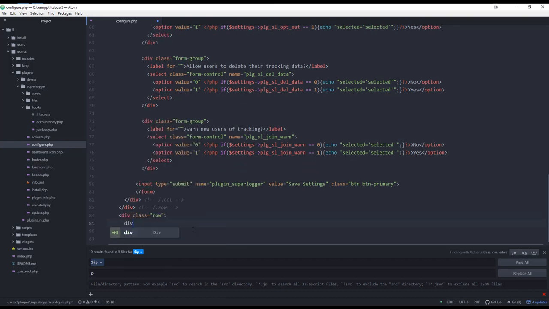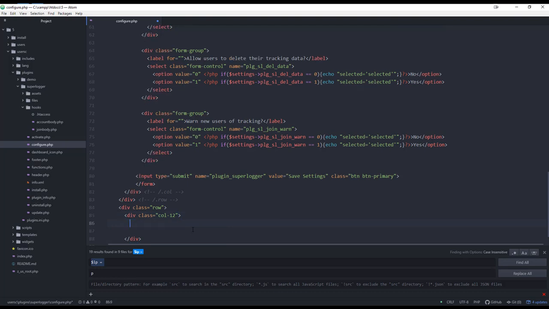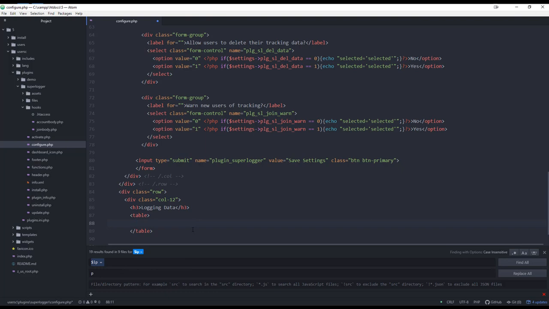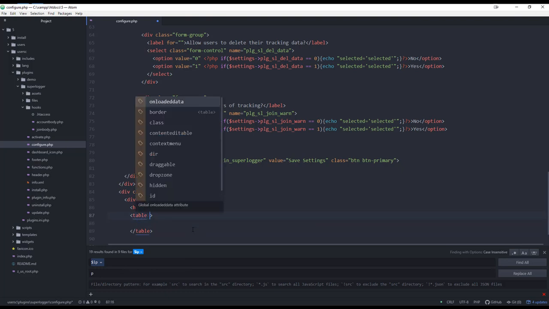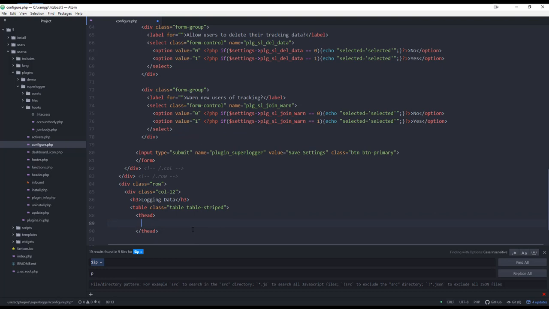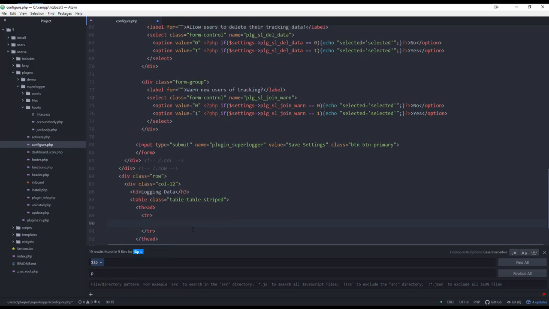class equals row, and div col 12. And then what we want to do is say, we'll do an h3, and then we're just going to say logging data. Now the first thing we want to do is make a table. And so we're going to do table, and we're going to do class equals table striped. Then we're going to make a head, and we're going to do a row. And we're going to say th user,